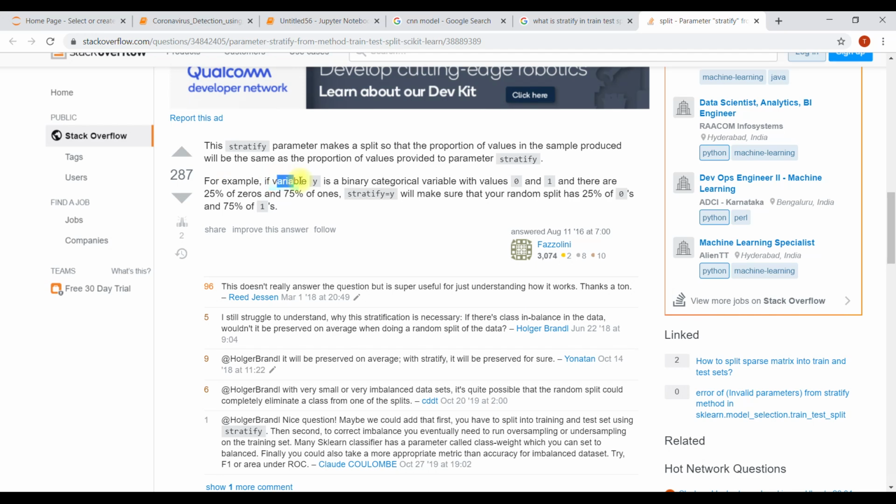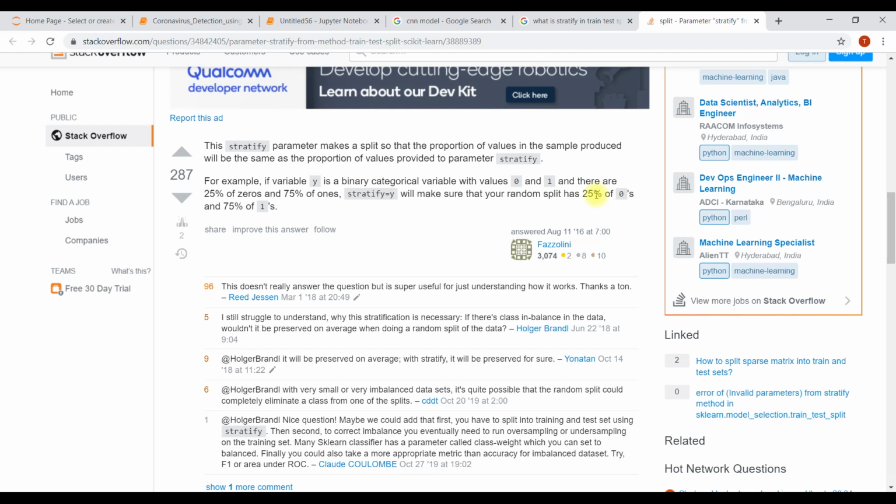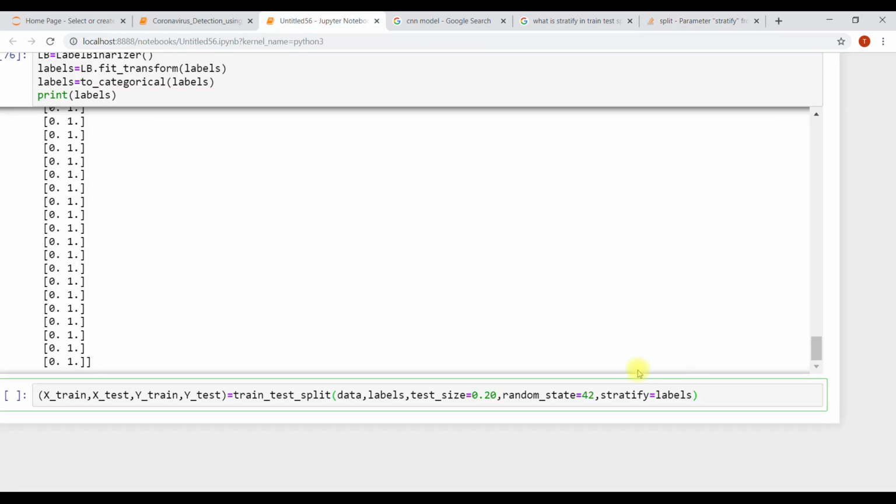For example, if variable y is a binary categorical variable with values of 0 and 1, and there are 25% zeros and 75% ones, stratify equals labels will make sure that your random split has 25% zeros and 75% ones. The same proportion of zeros and ones, even after randomly shuffling them, should be there in your training and testing data.